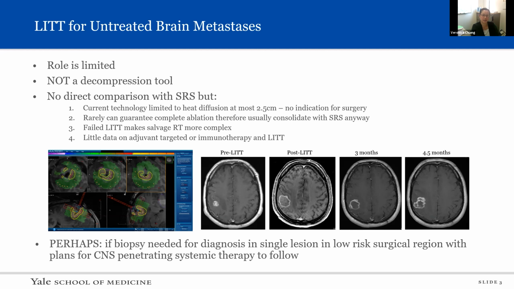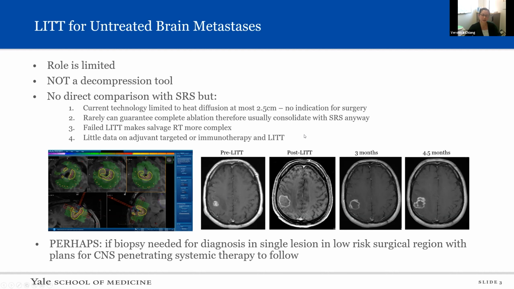Failed laser cases, as you can see here in these images. So to the left, I used the Monteris system. And so I thought that we had done a nice ablation. You can see to the right, the pre-LITT lesion, what looked like the post-LITT cavity, which looks like it completely encompasses the lesion. And there's a nice clean eggshell edge around this, suggesting that the lesion was taken care of. But you can see at 3 and 4.5 months that we did not. And so treating at 4.5 months with radiosurgery, in fact, was a lot more complicated than treating before LITT. All right, and so I think this is one of our biggest problems so far.